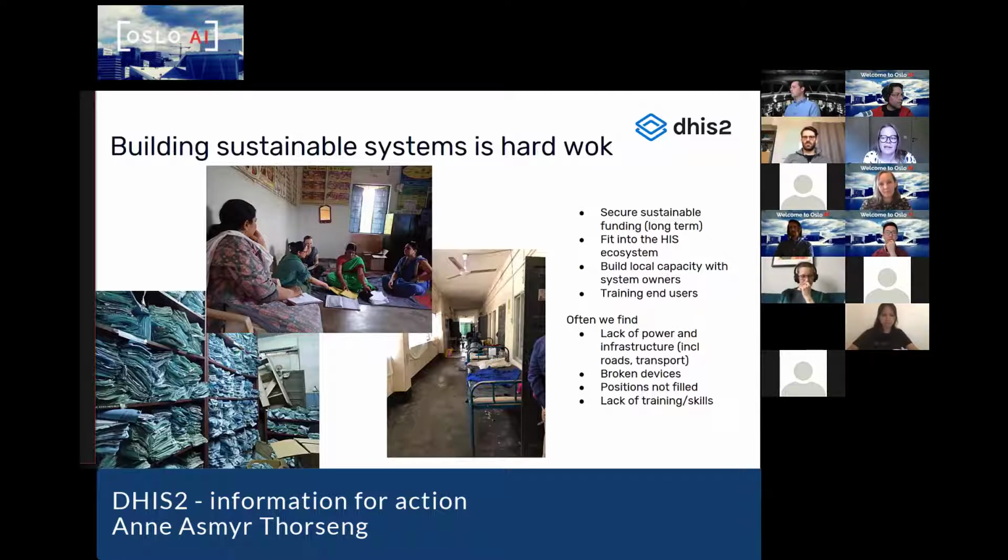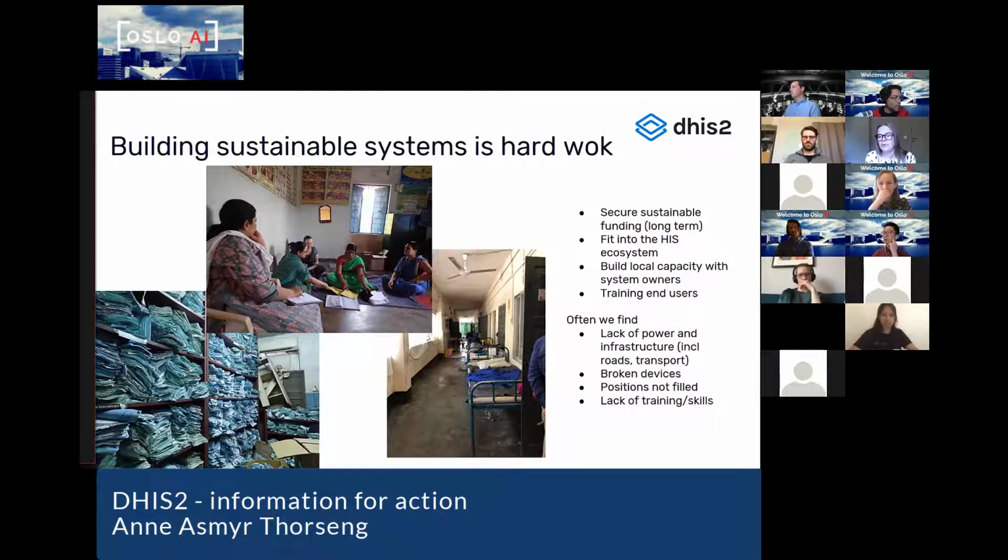So you're often working in a very analog world with analog routines, and then introducing digital technology on top of that is challenging. The projects need to secure sustainable long-term funding.